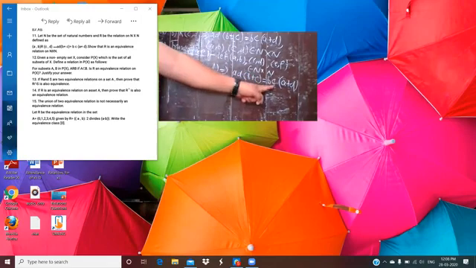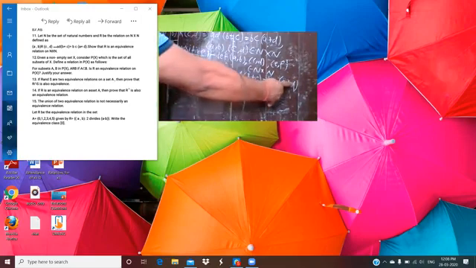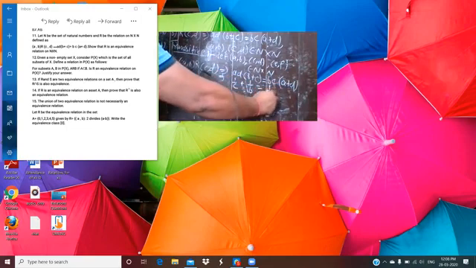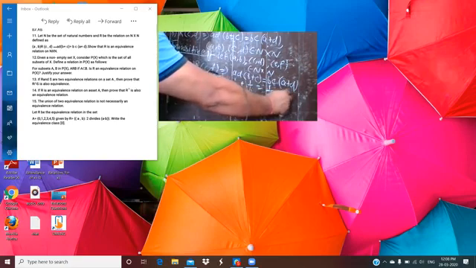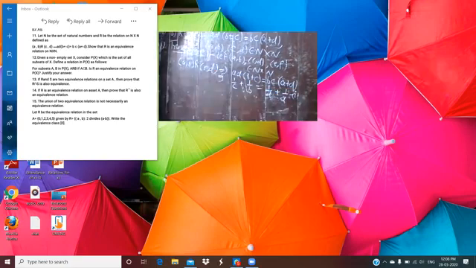So BC upon BC, B plus C upon BC means what? Here you have 1 by C plus 1 by B is equal to A plus D upon AD, and then you distribute it. So you have 1 by D plus 1 by A, and this is the first equation.